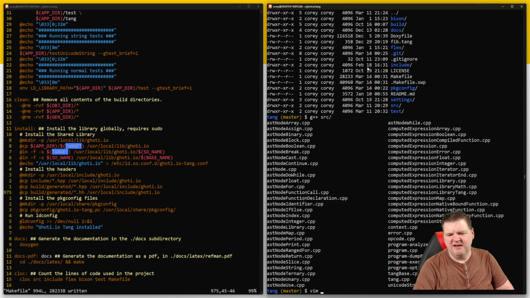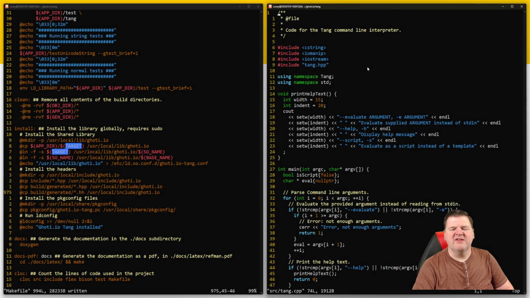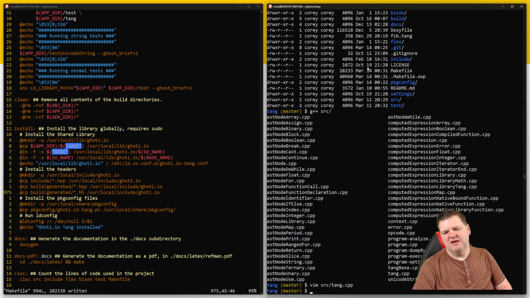Is it tang? Vim source tang.cpp. Yeah, this is for the command line interpreter, so this is a standalone program. Okay, so I should have planned this. g++ source/tang.cpp, and then I want to throw in